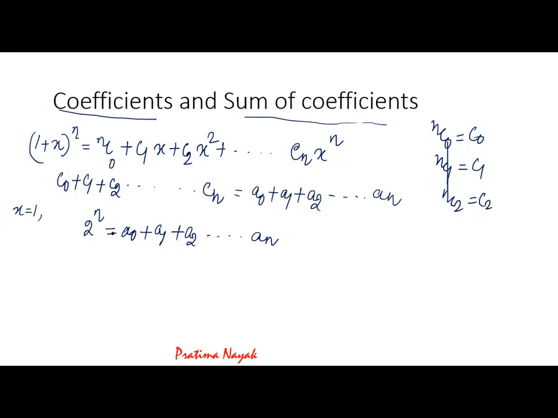This is the sum of the coefficients, 2 to the power n. If we are expanding up to 5, it will be 32. If it is 6, it will be 64, and so on. Now, next part is, if the question is,